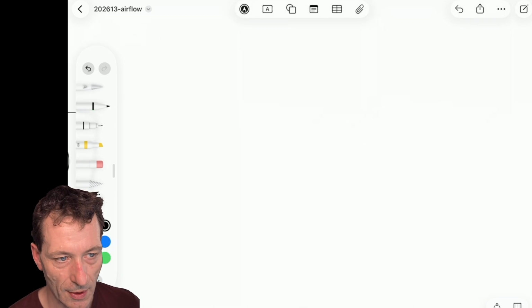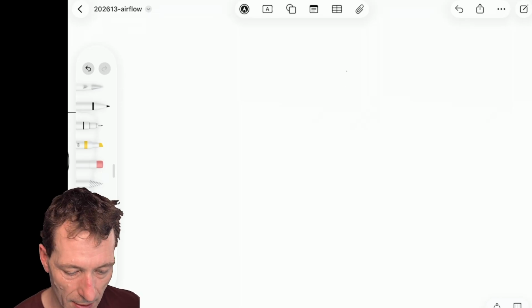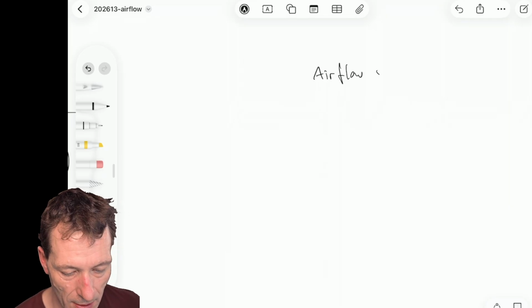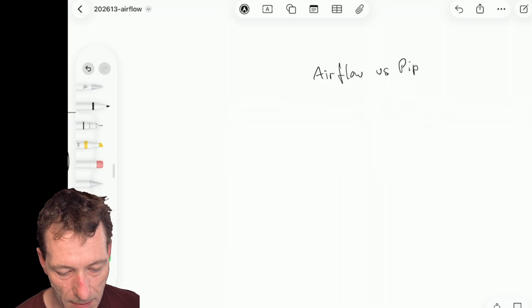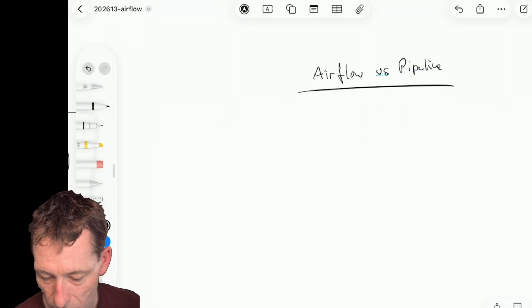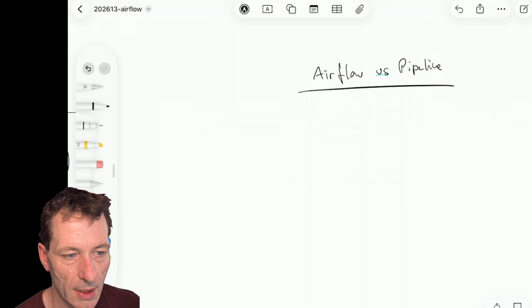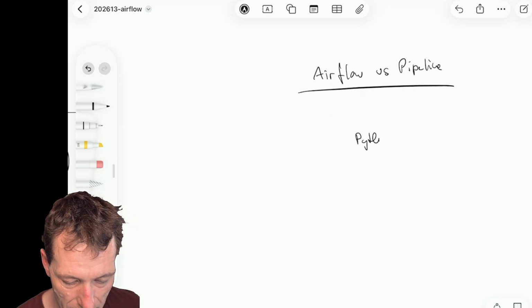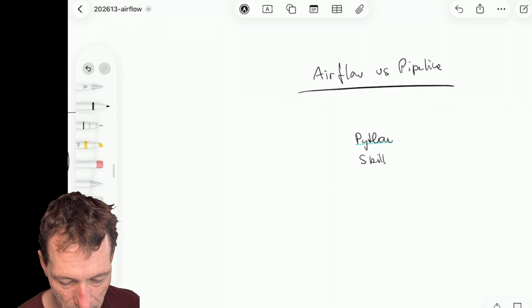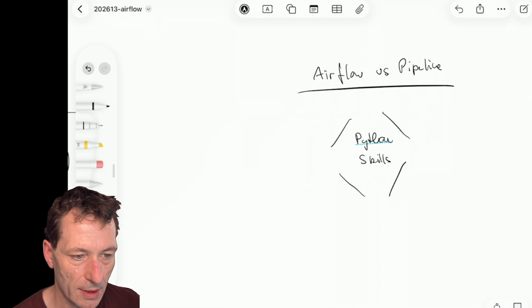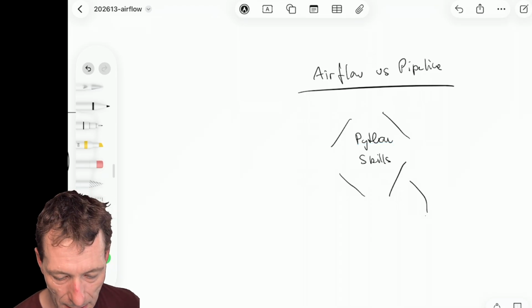Fabric means options, so there's always a question when to use what. So in this case, when to use Airflow versus pipeline. Well, first of all, you need some orchestration. So this is the entry point. There's a need for orchestration. Next question is, do you have Python skills? Or in today's world, you might need only large language model skills, but still. So let's say you have yes,